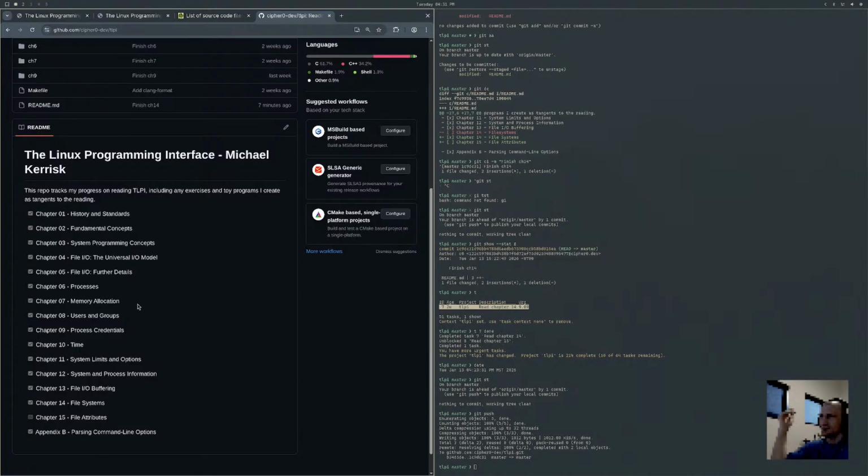But how does free know how big of a block of memory you have? You're not passing an explicit size to free. So glibc actually encodes the size of that block of memory in the bytes before the pointer. Stuff like that I just never really thought about, you know?